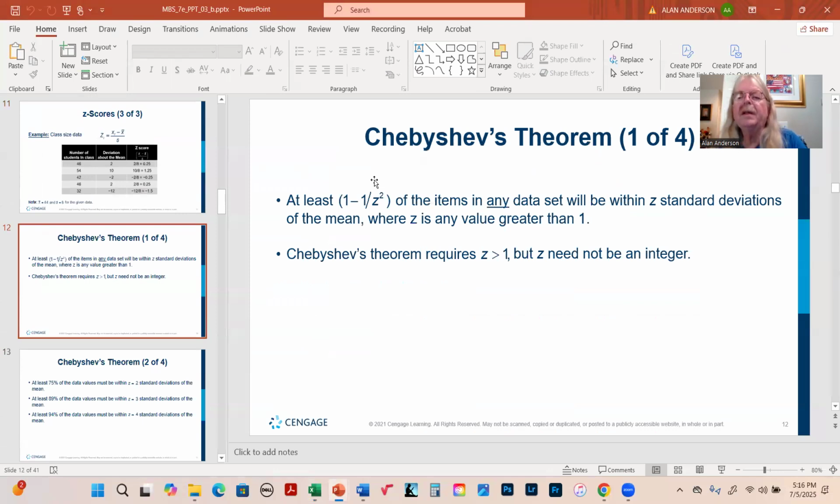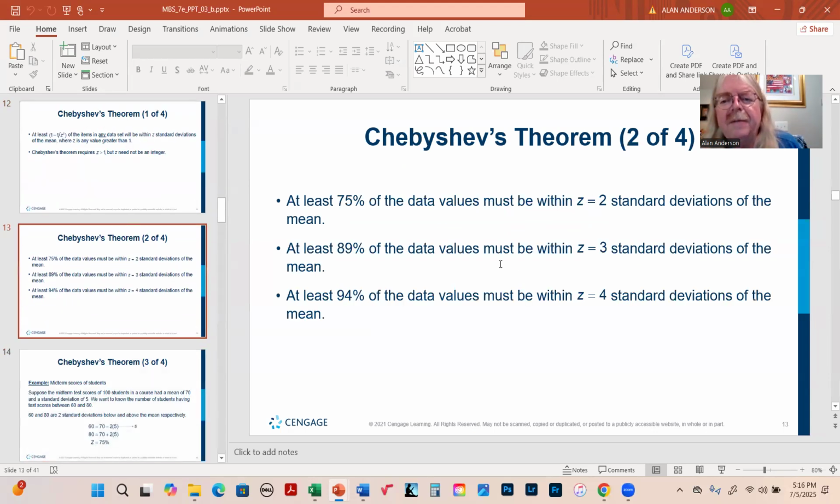Now, Chebyshev's theorem is a theoretical result. It basically tells you what proportion of our data set will be within some given number of standard deviations of the mean. Now, this theory is useful when we don't really know what the underlying data look like. In other words, we don't know what the properties are. Normally, you wouldn't use this because it gives only approximate results,